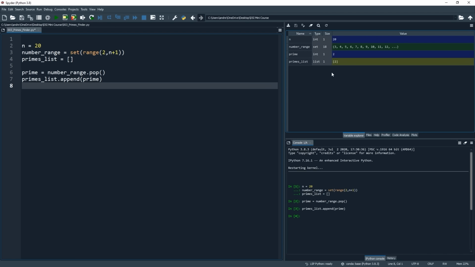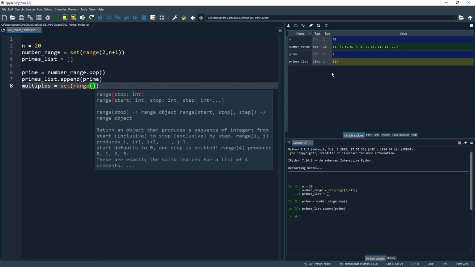We're going to again use a set rather than a list because it allows us some special functionality that we will use soon. And this is the magic of this whole approach. Right, so let's create this object which will hold these multiples, and let's just simply call that multiples. And that will be equal to set and parentheses, and within that set of parentheses, range and another set of